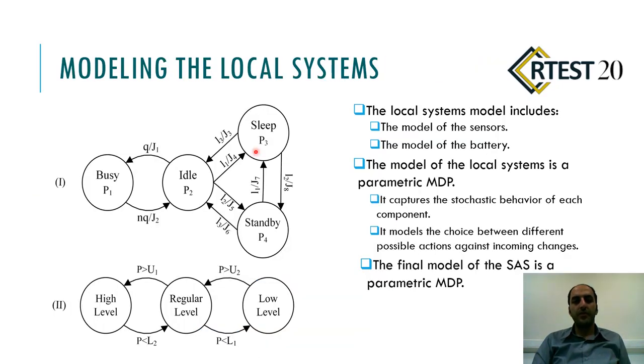The model of the local system consists of 20 sensors and battery models. Each sensor works in 4 operating modes. The local system tends to maximize the number of sensors that work in higher power modes, and the battery tends to remain at a regular level. Such intentions are brought to the model using utility functions. The energy consumption of the sensors is calculated based on their operating mode and is balanced with expected energy harvesting from the environment.